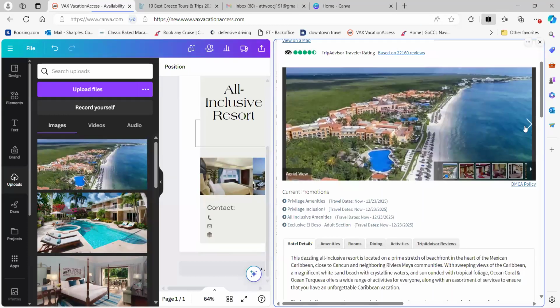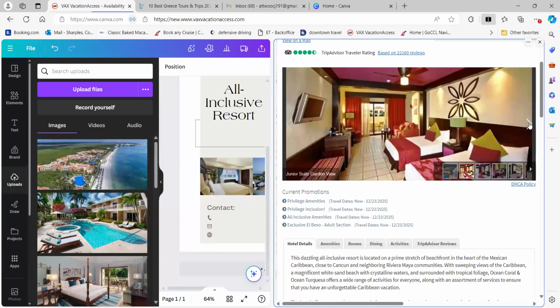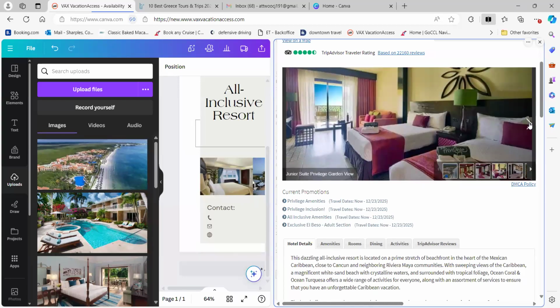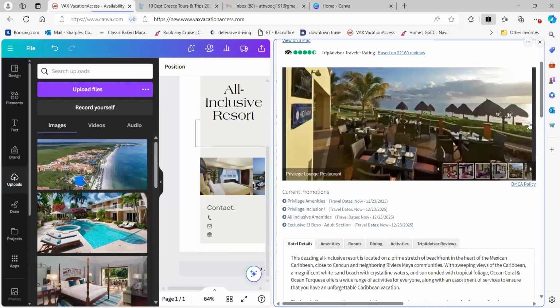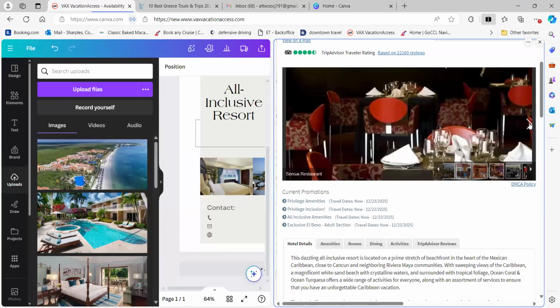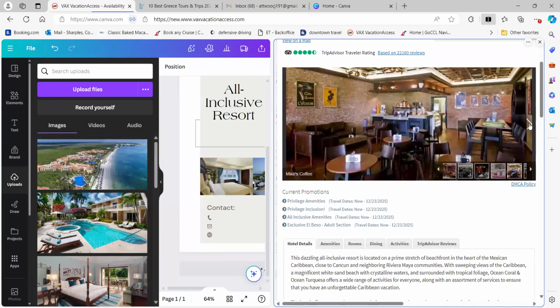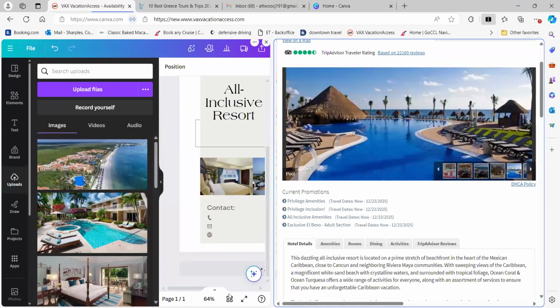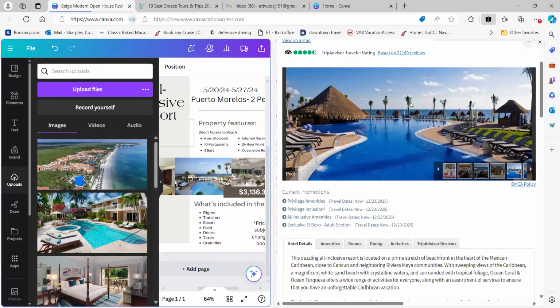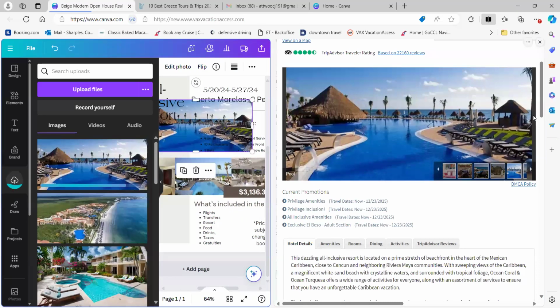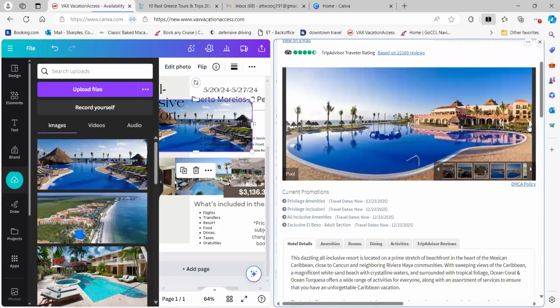So then when I'm looking through, usually I'll put one of the bedroom, depending on what room it is that I'm quoting, as well as some of the activities. As well as I usually try to get at least one restaurant so they can see what the restaurants look like. So it depends what it is that they're looking for. You can always put the pool. Sometimes I'll put pool photos in here. I'm just gonna drag these over here and I'll put them in their spot in a minute.